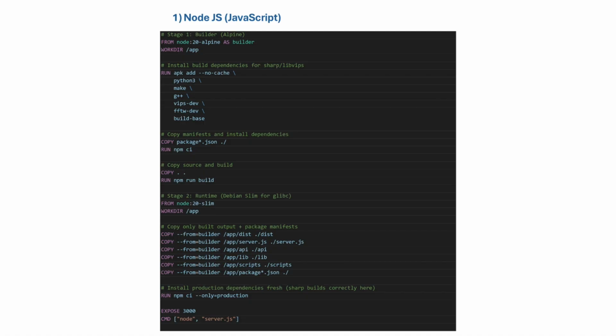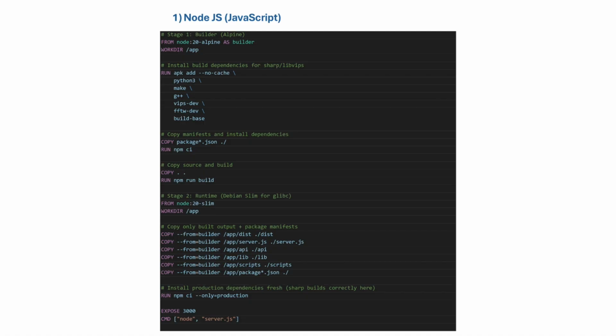I have also made a video on multi-stage builds. What is multi-stage build and how it is different from a single Dockerfile with a single stage or a single build. You can watch both these videos first to have an idea on these basics of Dockerfile multi-stage build and at least Node.js or JavaScript Dockerfile, because I will be explaining the concepts with respect to that Node.js comparison. However, I will give you a basic understanding of this, that is JavaScript.